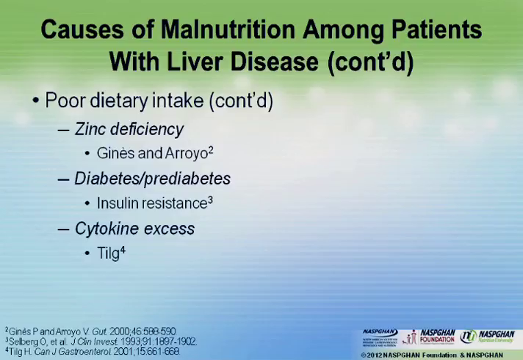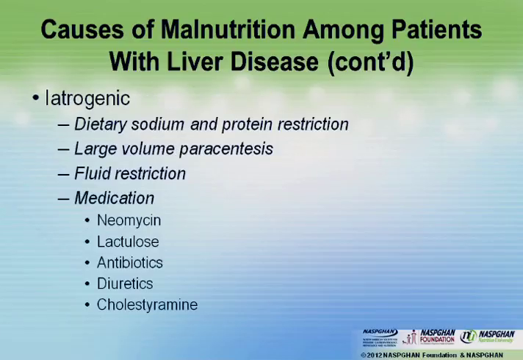But there's also substantial insulin resistance among cirrhotic patients. There's no question that insulin resistance has been shown in adult study after adult study. And then a cytokine excess also occurs. And we have heard, at least in IBD, that when you have an excess of the inflammatory cytokines, it produces an anorectic response. What other iatrogenic processes take place that interfere with nutrition?